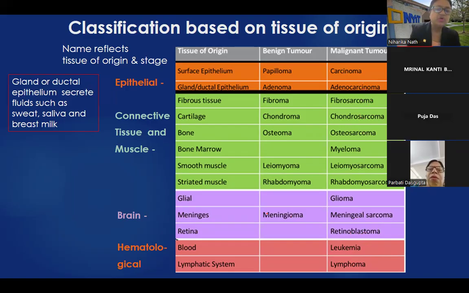And here the rest. So in epithelial, you see this word ductal or glandular. Those are those that secrete some kind of a fluid. So they will secrete, let's say, sweat, or in your mouth they secrete saliva, or the secretion of breast milk in the breast. So this is glandular or ductal. That means that kind of a tumor will also be glandular. It can support itself, and it can also secrete.